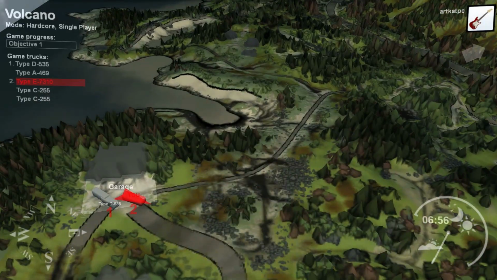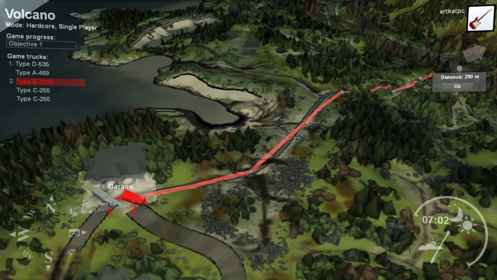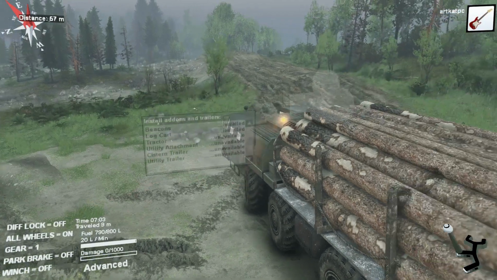Hang on, I gotta find my way through here. I'll go this way. Oh, I suppose we're gonna have to go through the woods. This is gonna be dangerous because we run the risk of tipping, but we'll get there. So anyway,